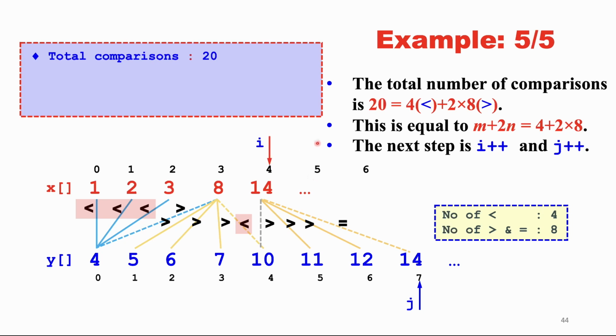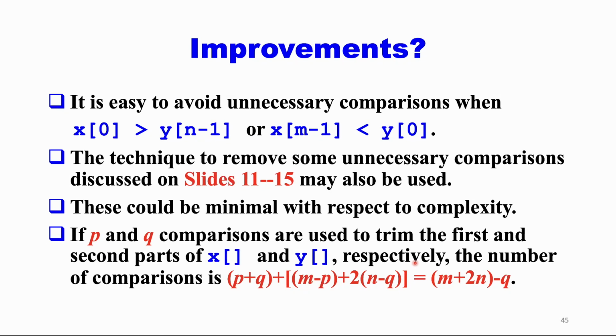The next step would be i to 5, j to 8. So this shows you the worst case: the last element in x is equal to the last element in y. Improvement, of course, is easy to avoid unnecessary comparisons, if the smallest in x is larger than the largest in y,